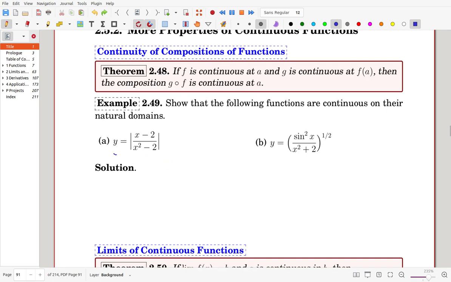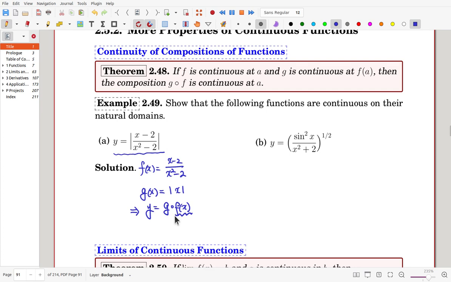This given function can be written in this way. f of x is x minus 2 over x squared minus 2, and g of x is the absolute value of x. Then the given function can be written as y equals g of f of x. So for this f of x and g of x being the absolute value, eventually this given function is